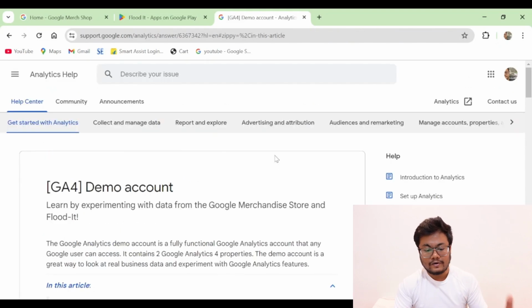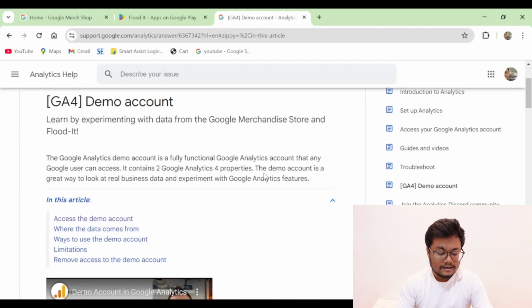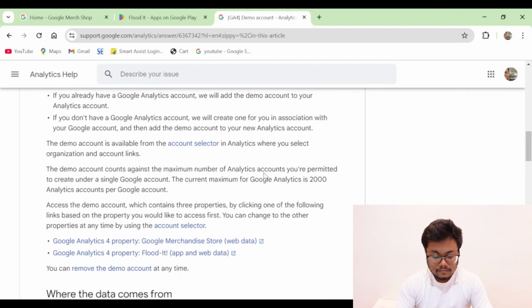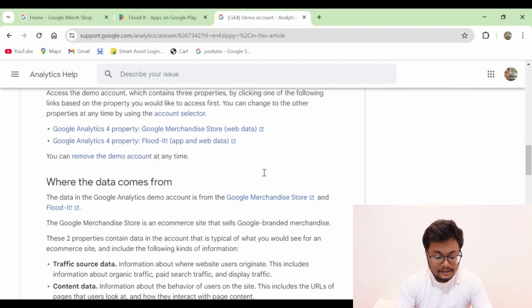You will find it under support.google.com, and this is the article for the demo account. If I scroll down, you should be able to see